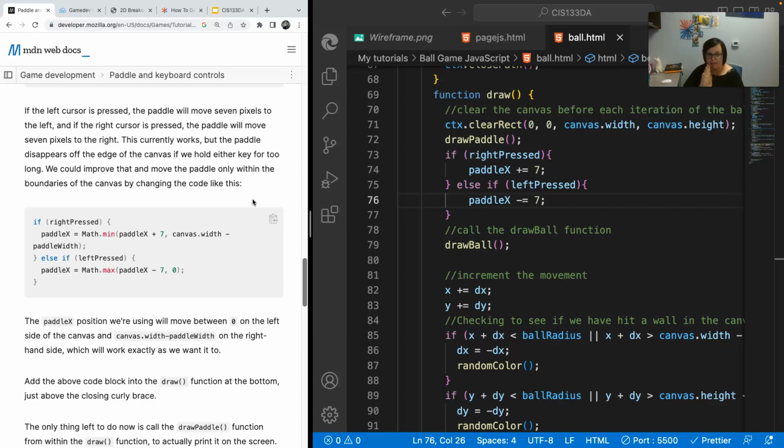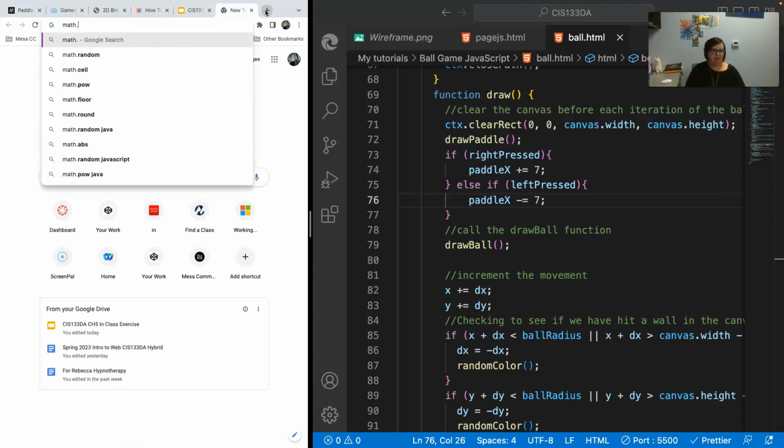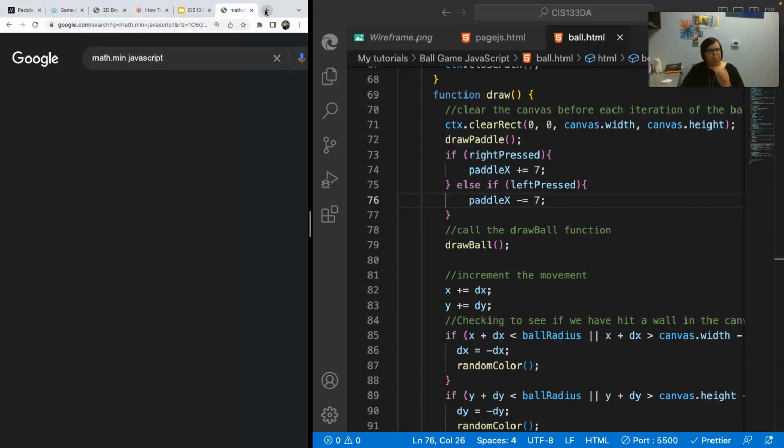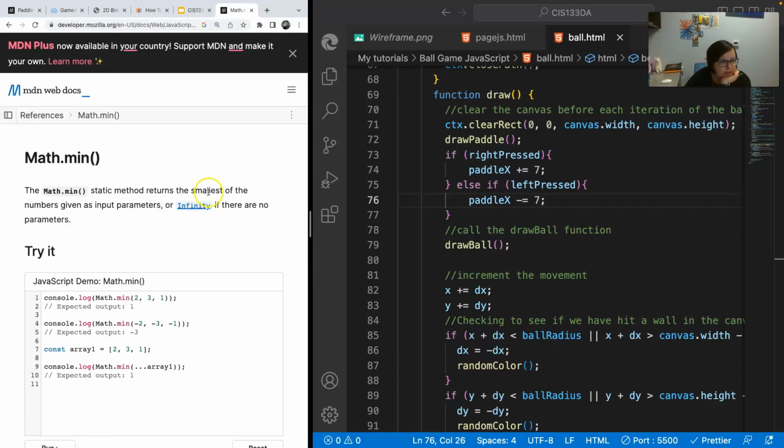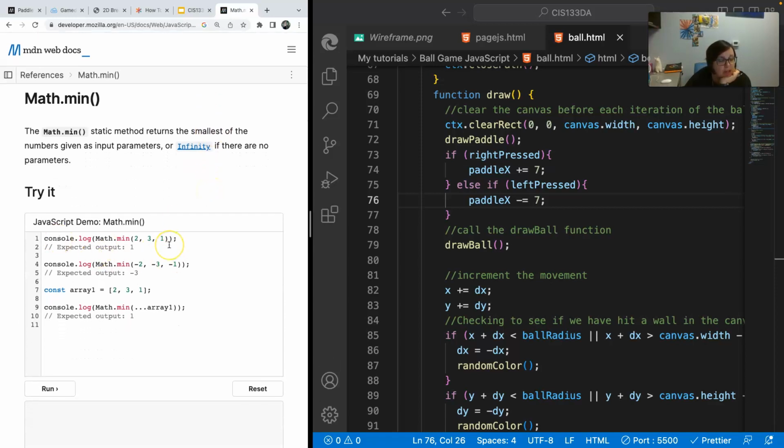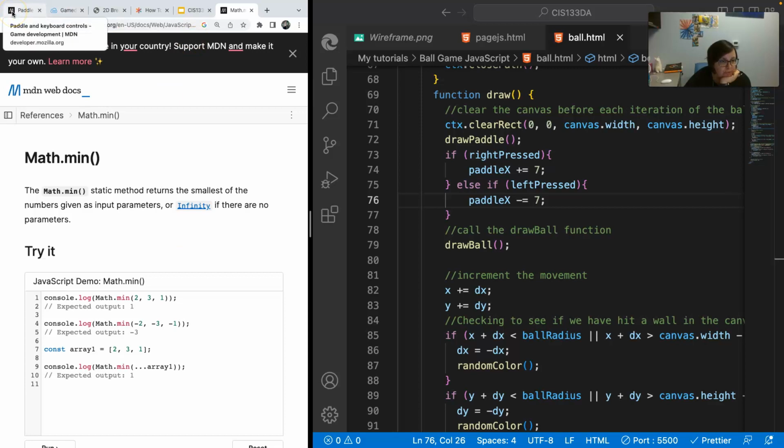We have paddle X equals the minimum, math min, paddle X plus 7, comma, canvas width minus paddle width. Let's look at this, math min. I have to remember, math.min, JavaScript. It's a static method, returns the smallest number. So we're putting 2 values in for our math min,